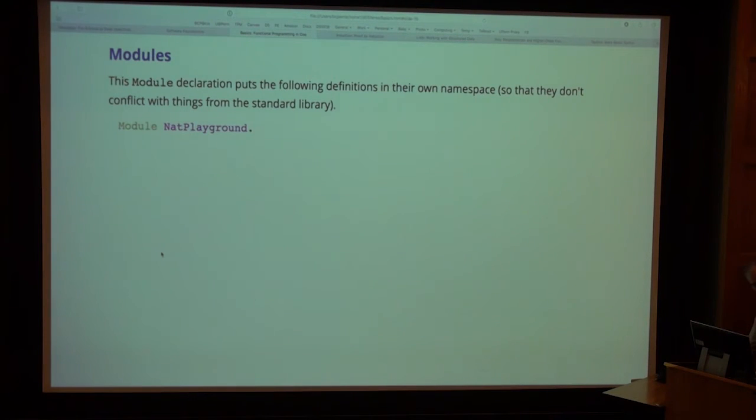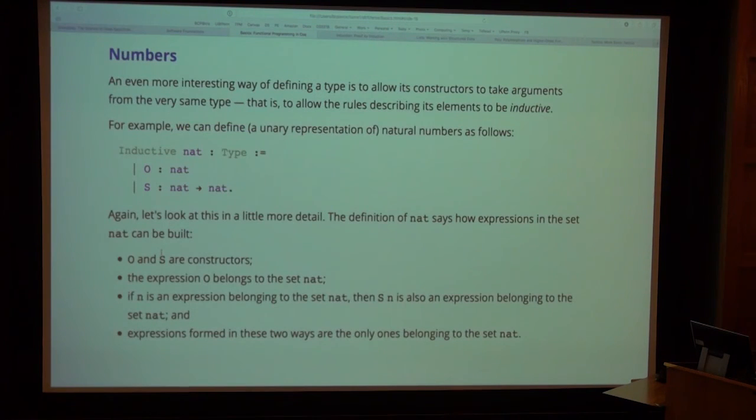And the reason we introduce them is to avoid polluting the top-level namespace for things like natural numbers, which in Coq have a little bit of magic special syntax that doesn't work if you define your own. So here we are defining our own natural numbers, but then we're going to close the playground and go back to the standard library ones, which are defined just the same, except for the tiny little bit of extra magic.